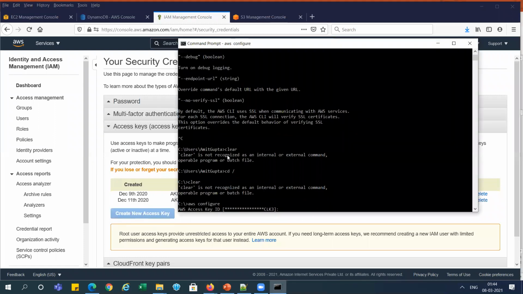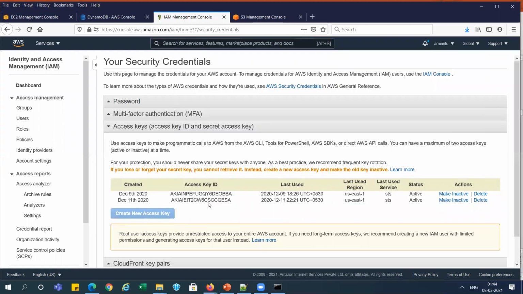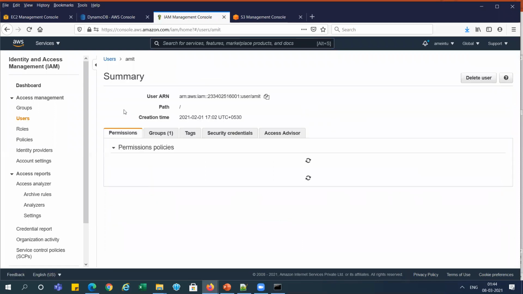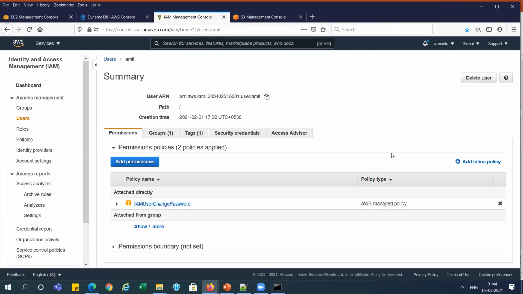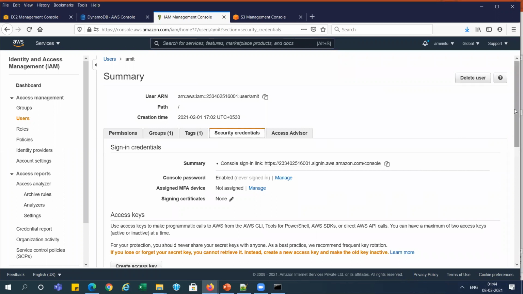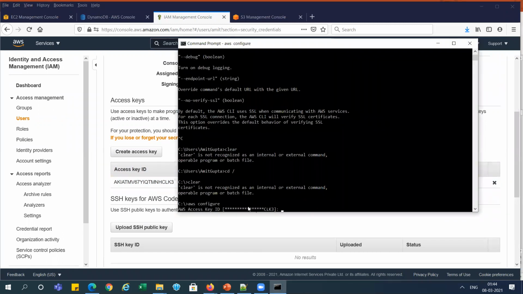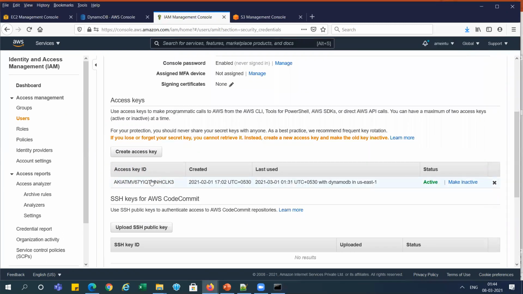So you can see here it is configured as CLK3. It is something different, maybe some different user for CLI. Let me go here and check for this. Maybe this user may have that. I think this access key ID is CLK3. This user ID is configured, right?